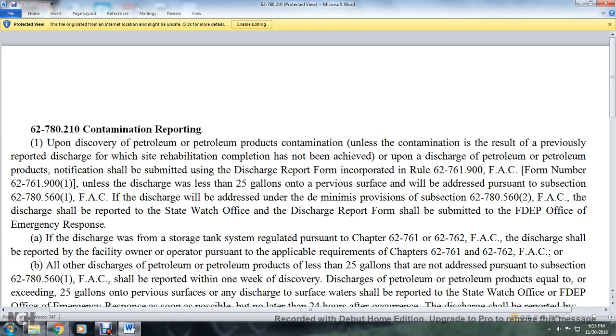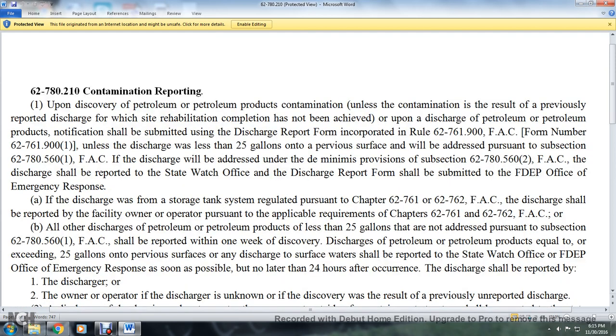If the discharge will be addressed under the previous provision, subsection 62-785-62, the discharge shall be reported to the State Watch Office. The discharge report form shall be submitted to the Florida Department of Environmental Protection Office of Emergency Response. If the discharge is from a storage tank system regulated pursuant to 62-761 or 62-762 Florida Administrative Code, the discharge shall be reported to the facility owner and operator pursuant to the applicability requirements of chapter